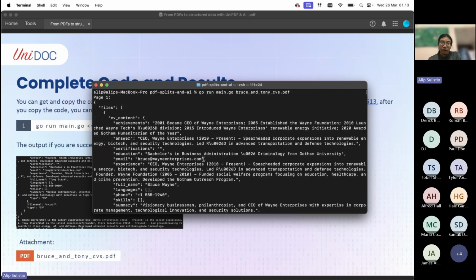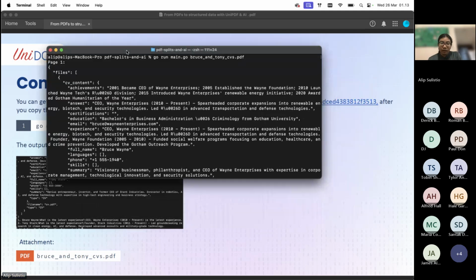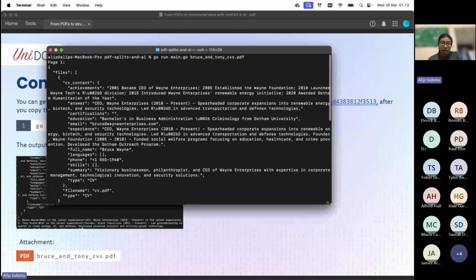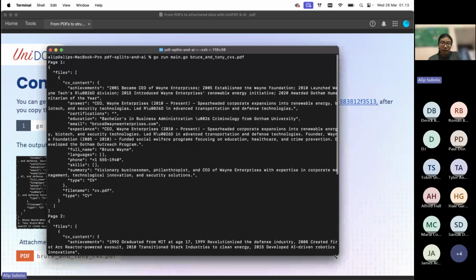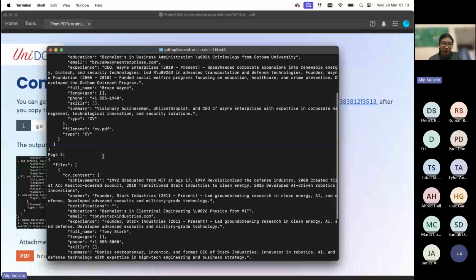Here in the main function, I print out the extracted content as JSON, and you can get it JSON formatted. And then here is our actual result.